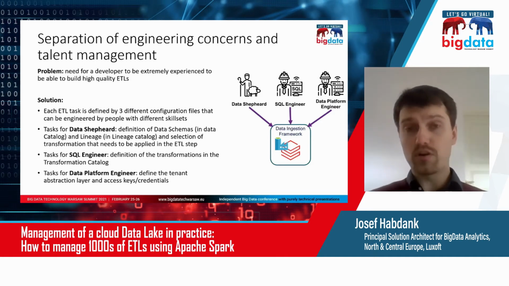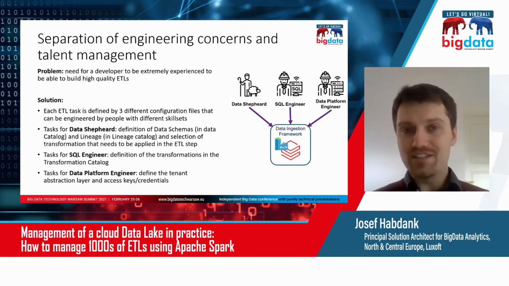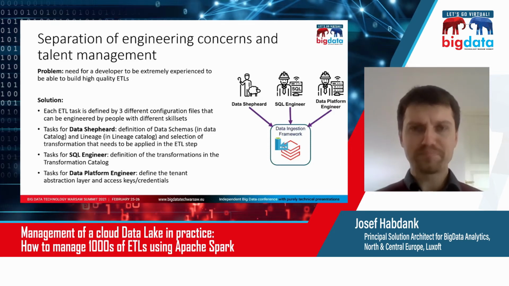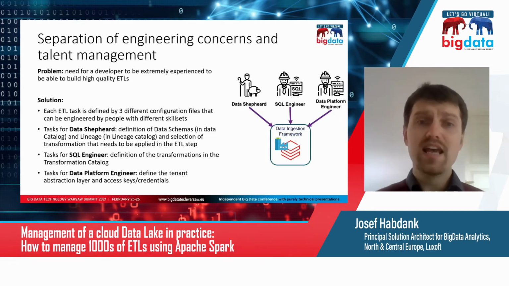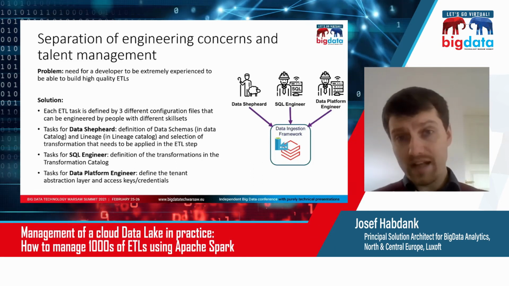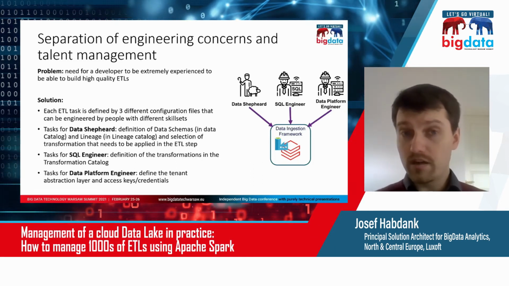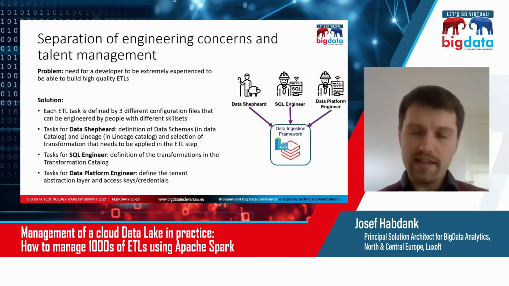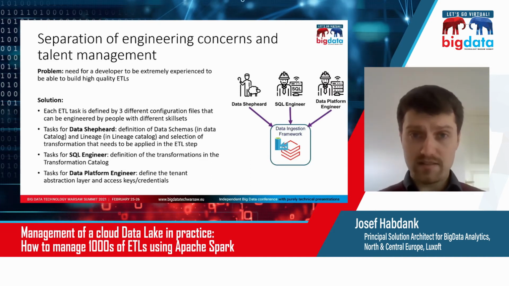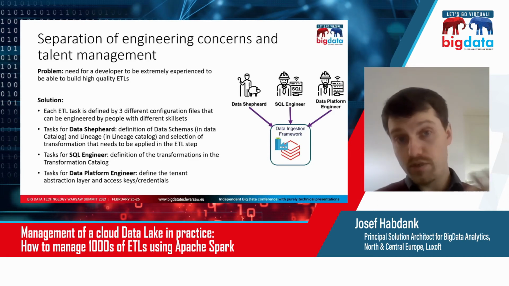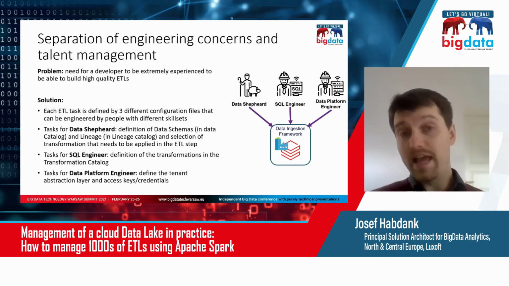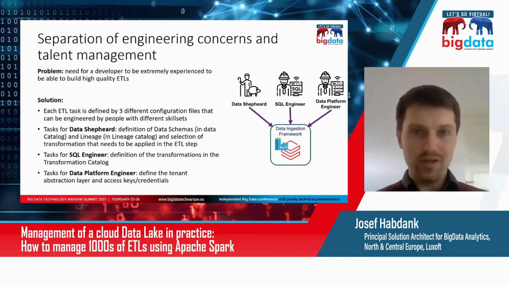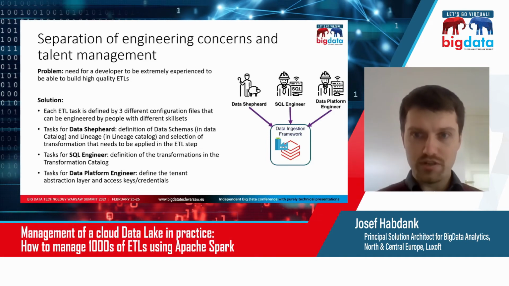So when we deployed this framework, we actually purposely designed it so that 3 different types of talent can collaborate together. And what that means is you have a person who understands the data, so data shepherd, data modeler. He cares about schemas and lineage. So what table connects with which, and schemas. So he only defines these parts in the system. He works only with schemas and lineage and defines them as config files and doesn't care how the data is being moved within. He just cares about the data flow in general.